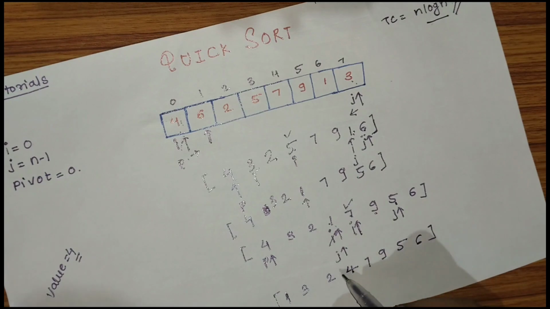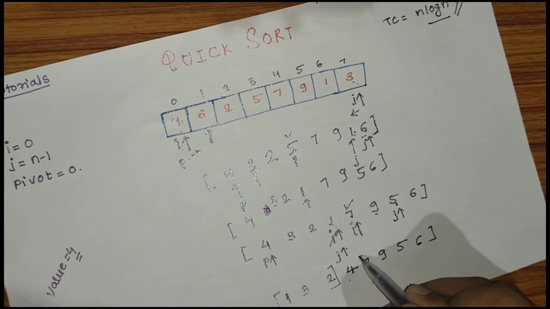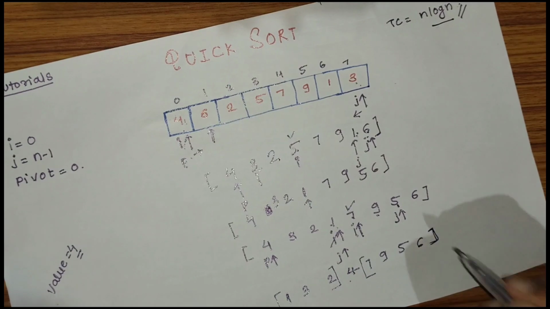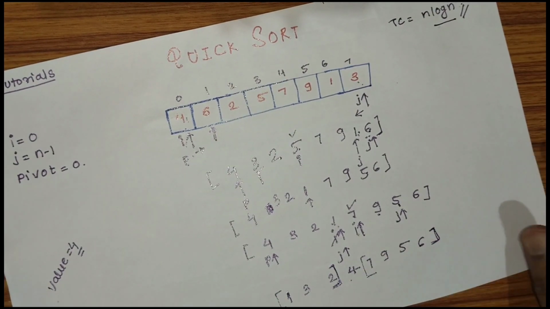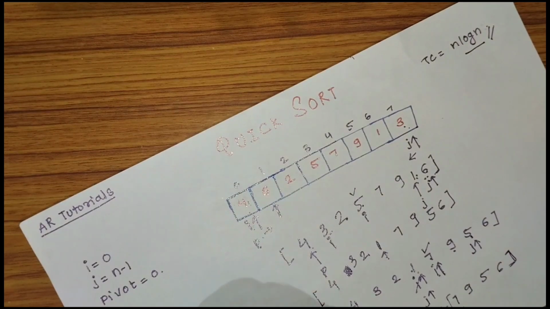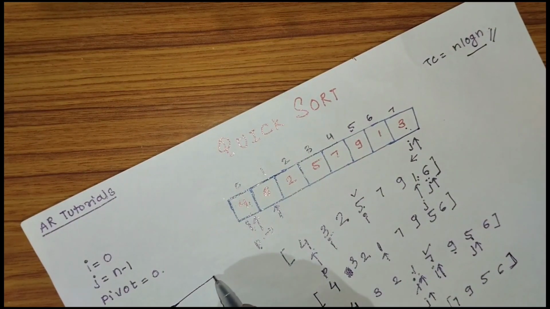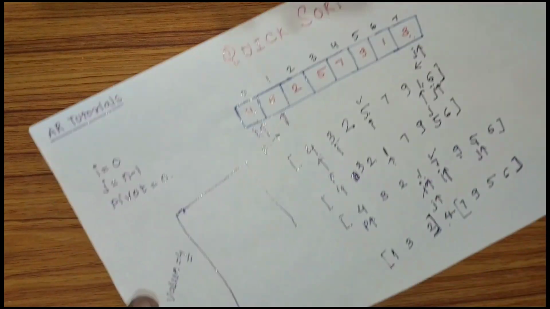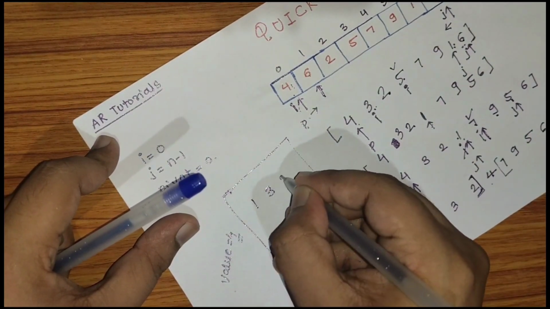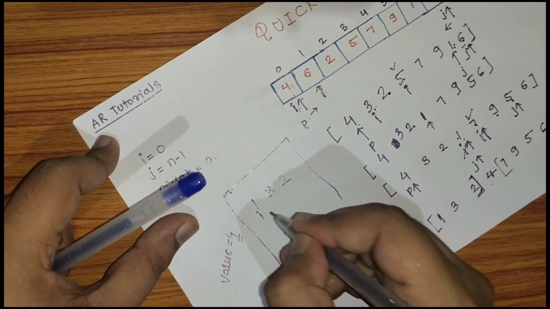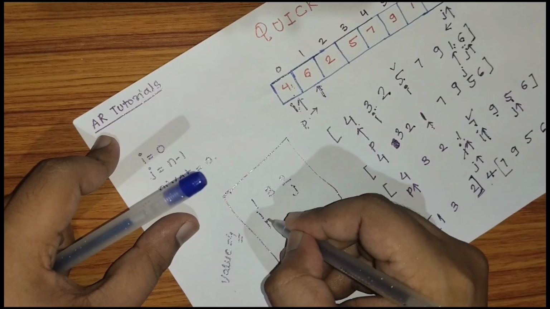So what we will do now, when we have achieved this pivot, is divide both parts. Yes, we have divided it. Now we have to break it into these parts. So I'll make a small column here. Now I'll solve this 1 3 2 here. So this is my I, this is my J, and this is my pivot.